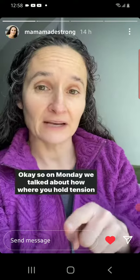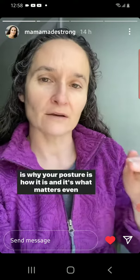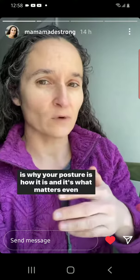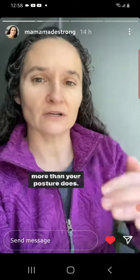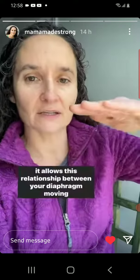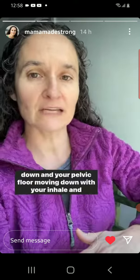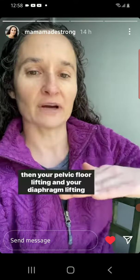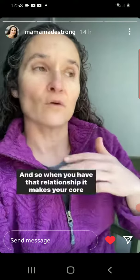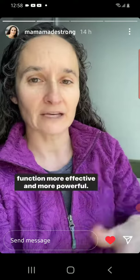Okay, so on Monday, we talked about how where you hold tension is why your posture is how it is, and it's what matters even more than your posture does. So if your rib cage is stacked over top of your pelvis, then it allows this relationship between your diaphragm moving down and your pelvic floor moving down with your inhale, and then your pelvic floor lifting and your diaphragm lifting with your exhale. And so when you have that relationship, it makes your core function more effective and more